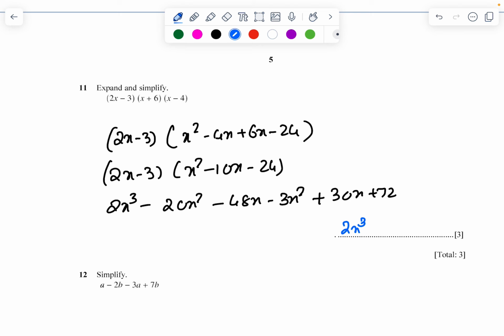Then I want it out for the x square. So this x square was 30x, 3x square plus 30x plus 72. So what am I going to do that? I'm going to,